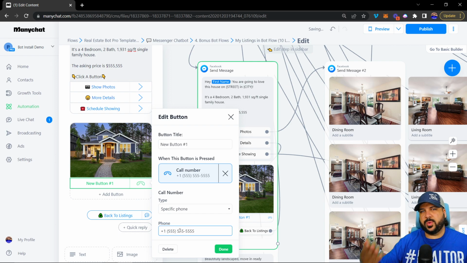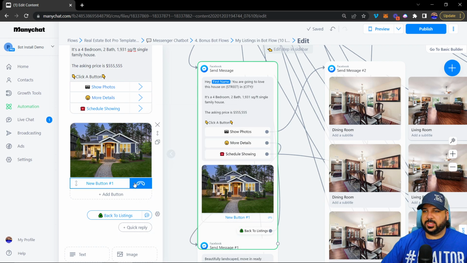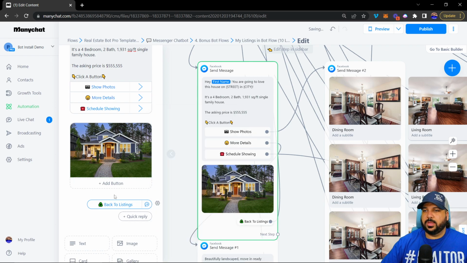So it saves one more step, but for our templated download purposes, that was the easiest way to do it. So now they can just click on that button and it'll call you directly. And then add another photo for it